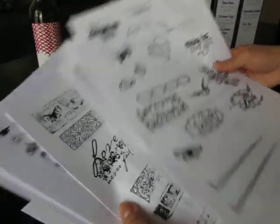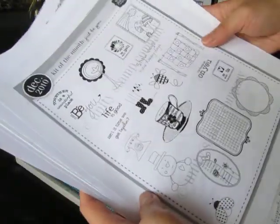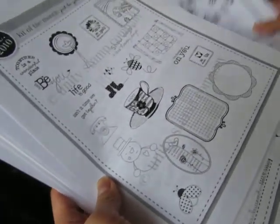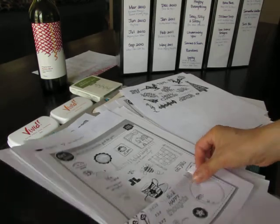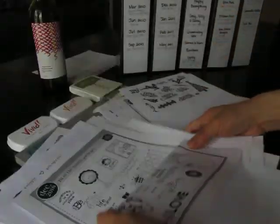So I would keep looking if it didn't look perfect to me, and then I would choose maybe that teacup with Think Happy Thoughts, and I would pair them up like that, perhaps? Sure. Okay, so